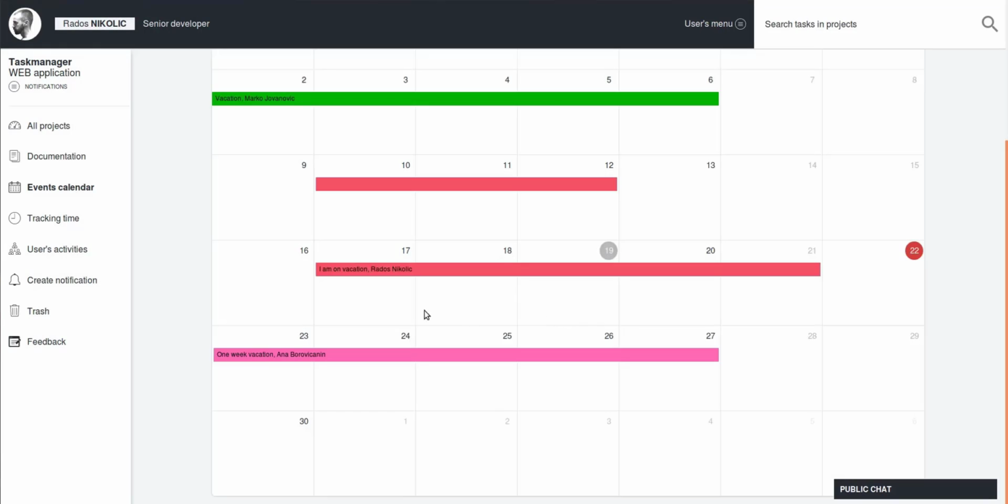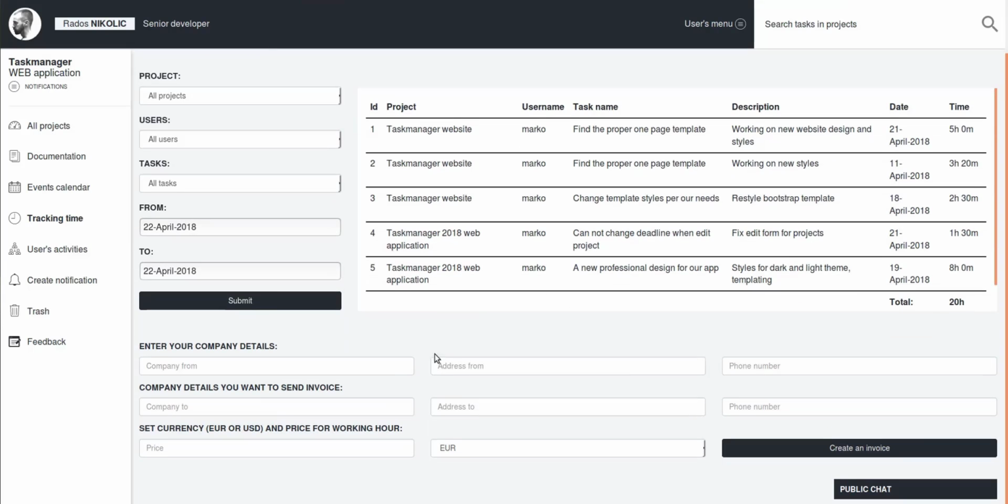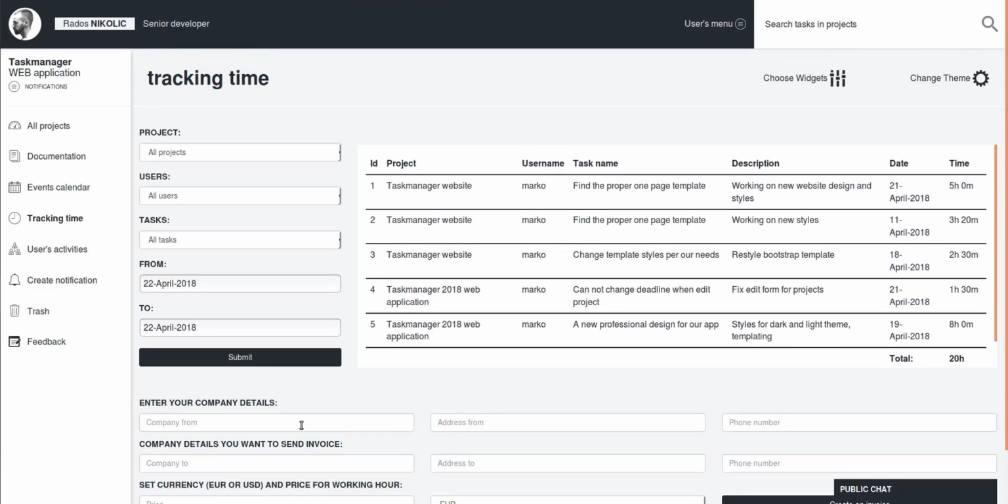And there it is, the event that we've just created. Now let's see the tracking time page. This page can be accessed by all users. However, the bottom part of the page that is used for generating a PDF invoice is not visible to ordinary users. You can filter the time you spent on a project using different filters: